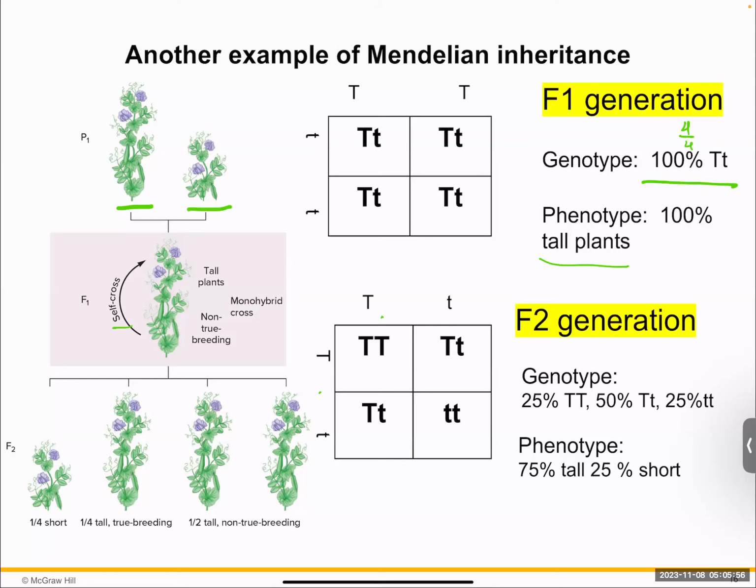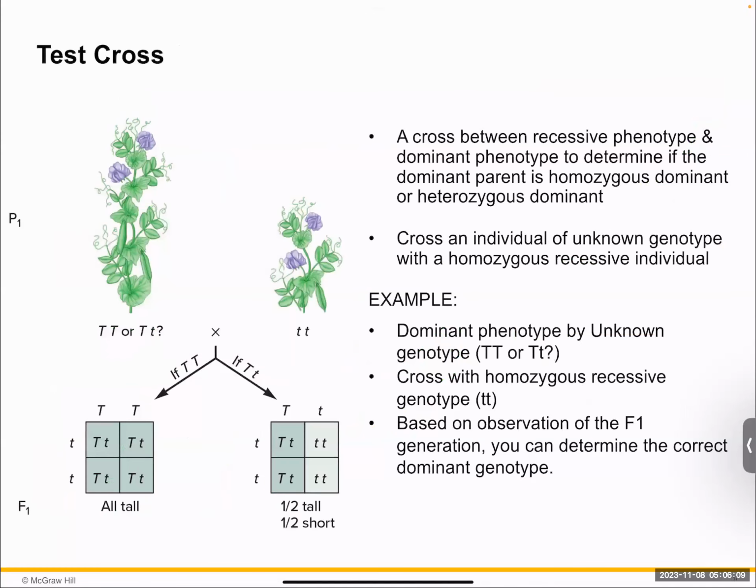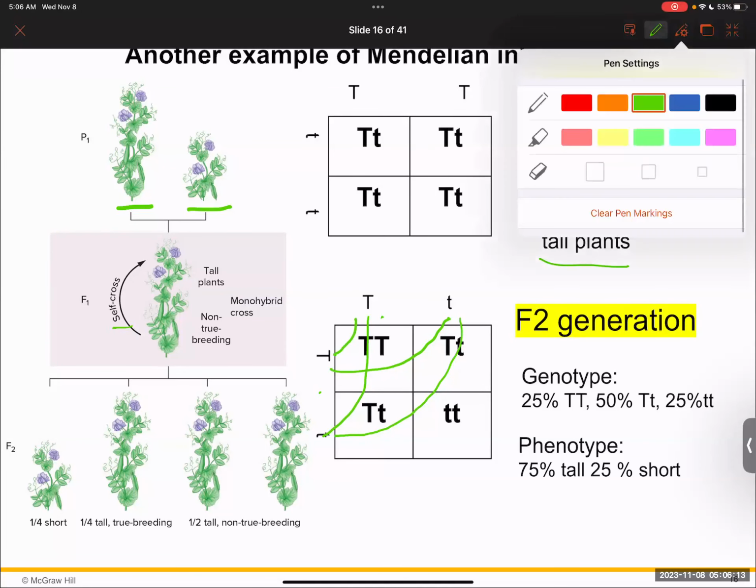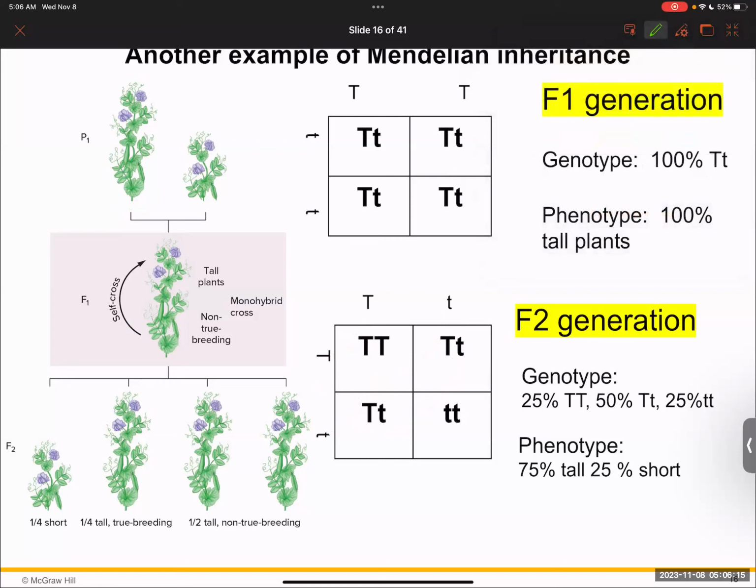And again, just do that kind of a crossing. So you do this, you do this, and then finally this. So what you end up with is